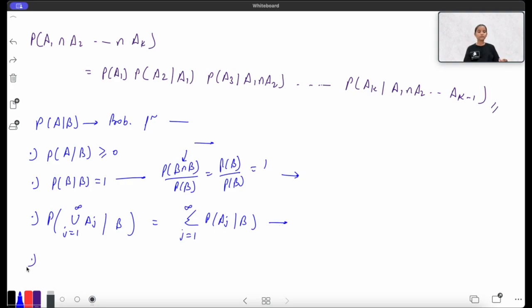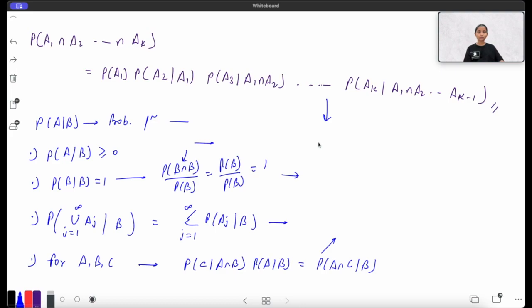That axiom is the multiplication rule for probability, which is actually derived from the multiplication rule. So this axiom is that for three events A, B, C, we say that probability of C given A intersection B into probability of A given B is equal to probability of A intersection C given B. Okay, and this is derived from the